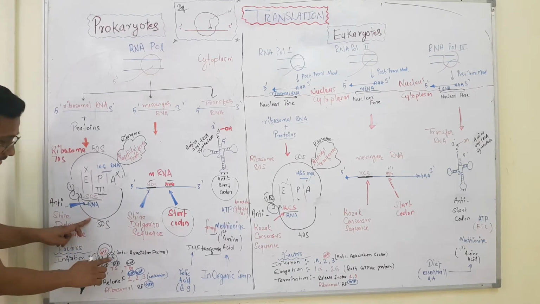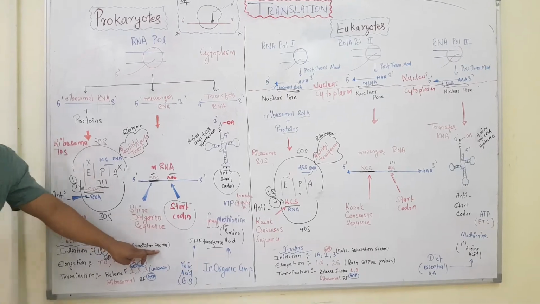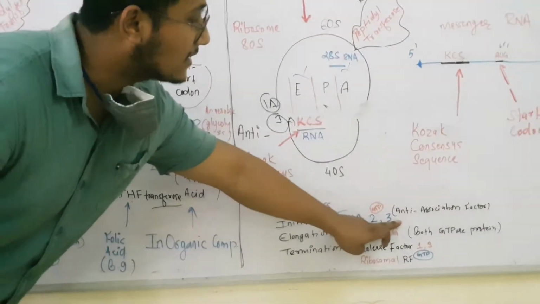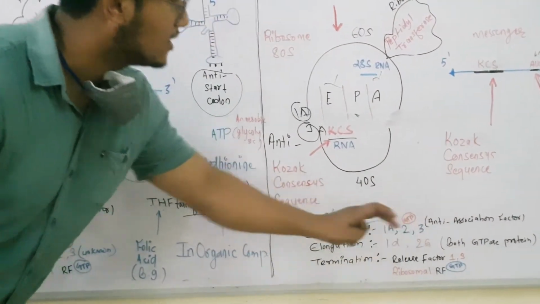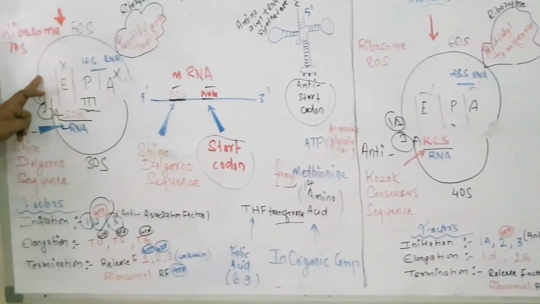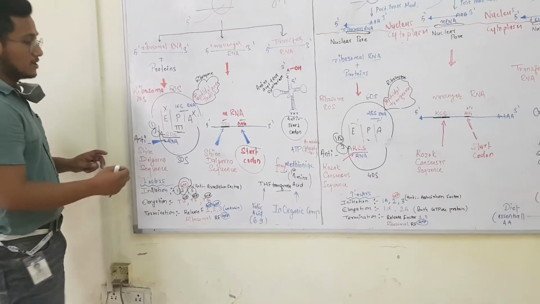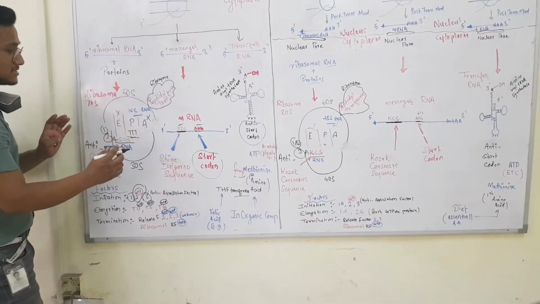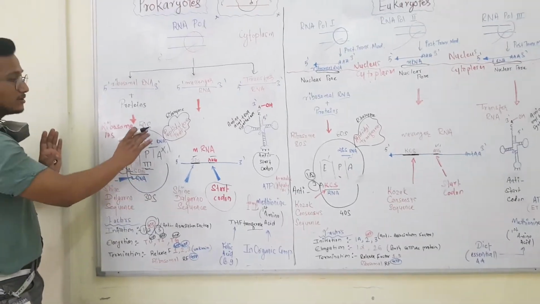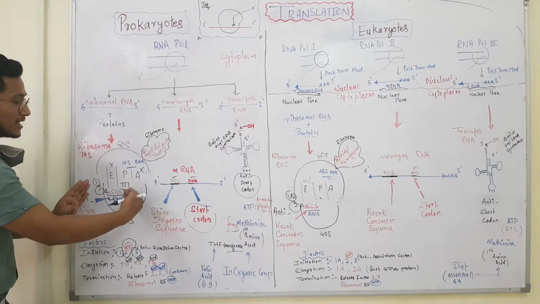That is why initiation factor 3 is also called the anti-association factor. These are repelling or inhibiting the large subunit from coming and capping over here. That is why your large subunit comes at the end, once your tRNA and mRNA have